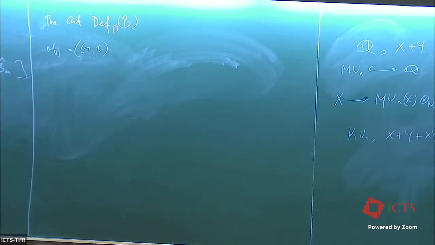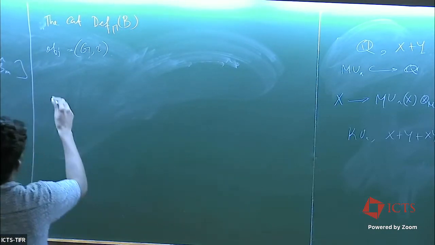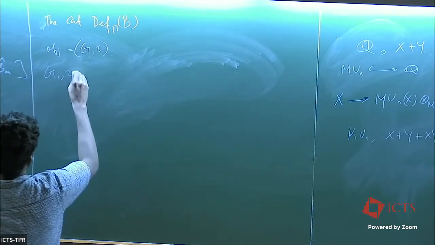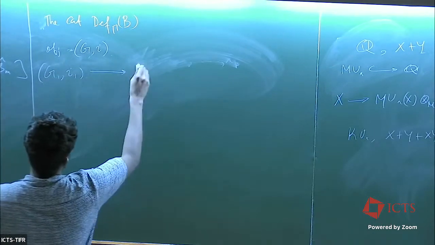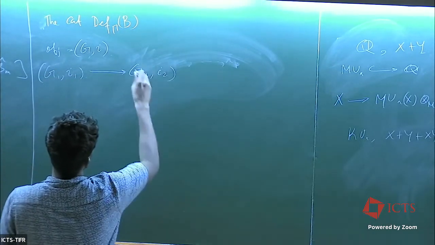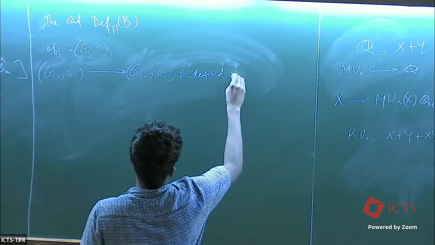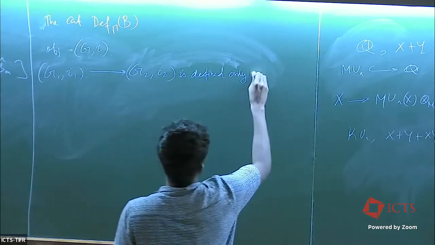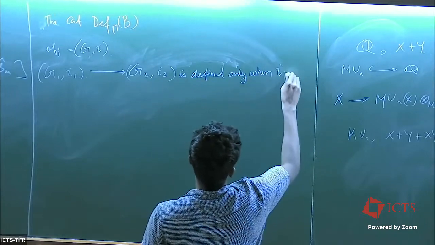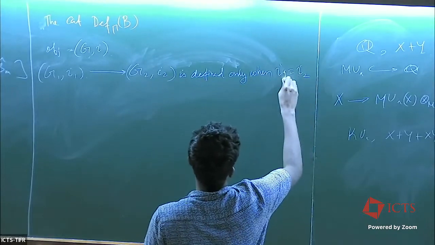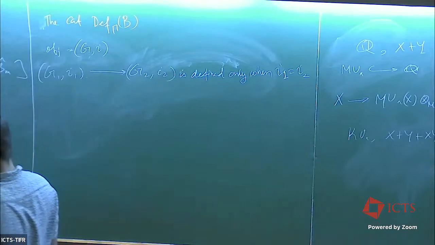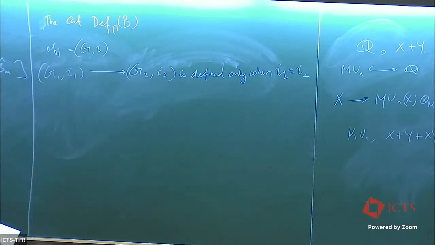So G is a group law over B, and i is a map from k to B/m_B. And a morphism from (G1, i1) to (G2, i2) is defined only when i1 equals i2. Only then there is a morphism between them, and it consists of